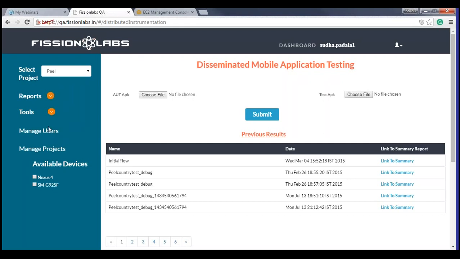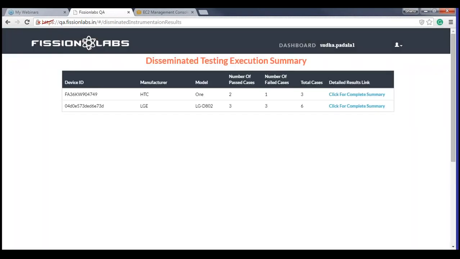So here, if you see the left pane, you have the available devices. As it is a demo instance, we have only connected 2 devices to it, which are showing as available devices. But this list can grow as per your testing requirements. And whatever the execution results are, you can easily see them. This is a sample report which I have opened, which shows the execution of the script on 2 devices.